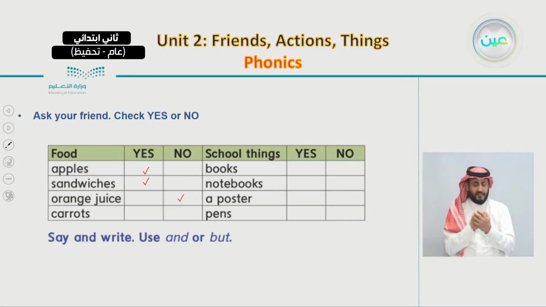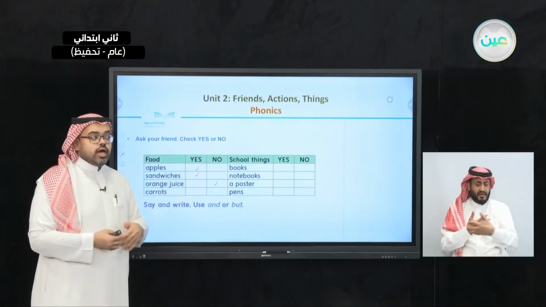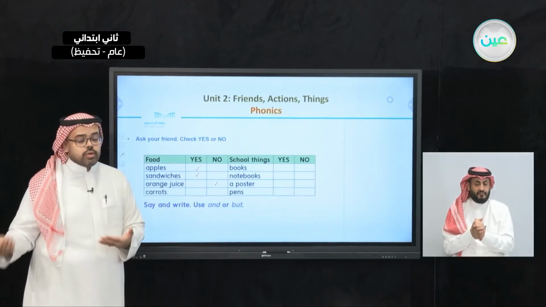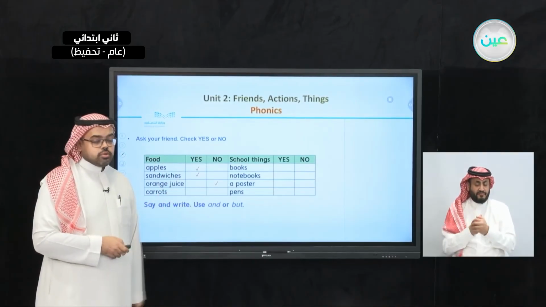He said no. So here I can say that my friend has apples and sandwiches, but he doesn't have orange juice. So you can make a similar table when you ask your friend, your father or mother, your sister or brother. Ask them by using the same table.